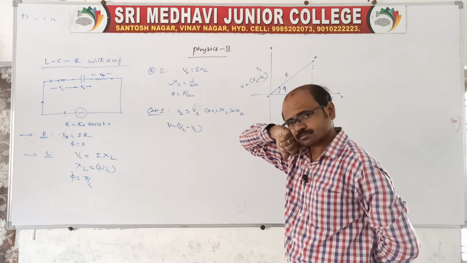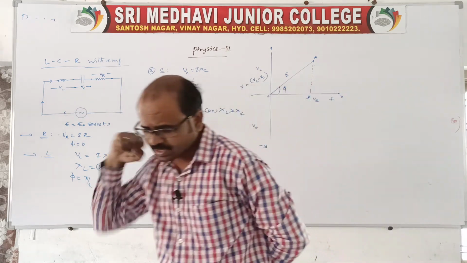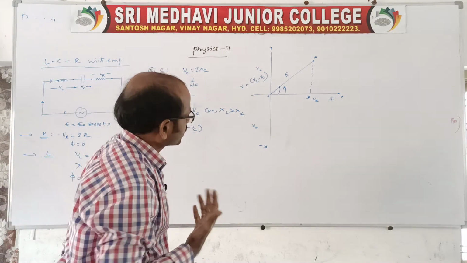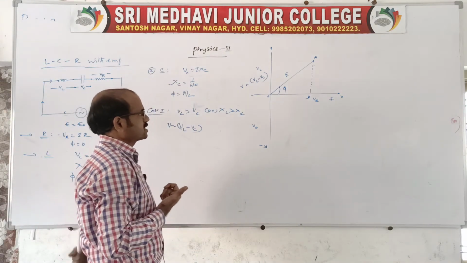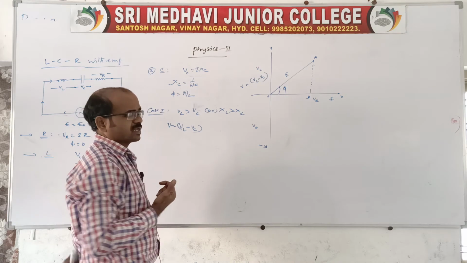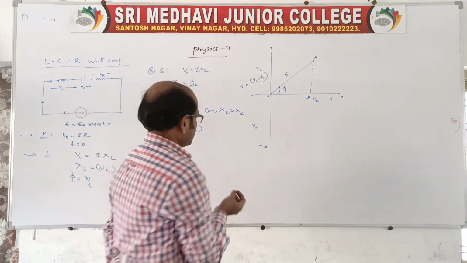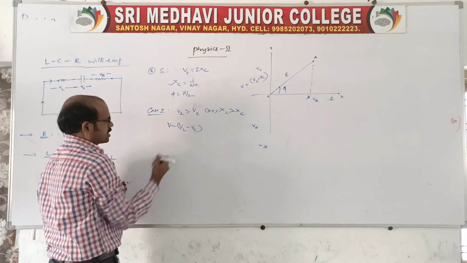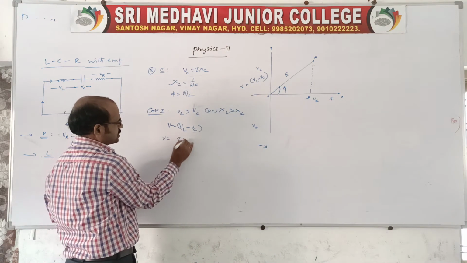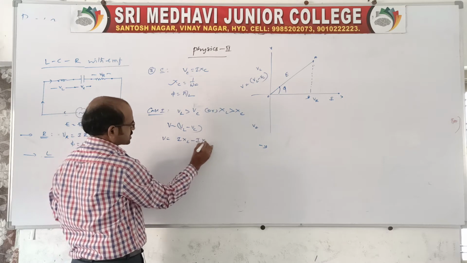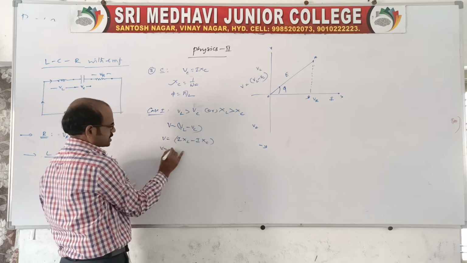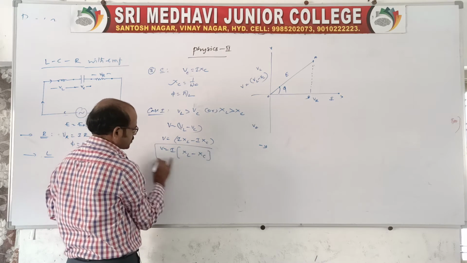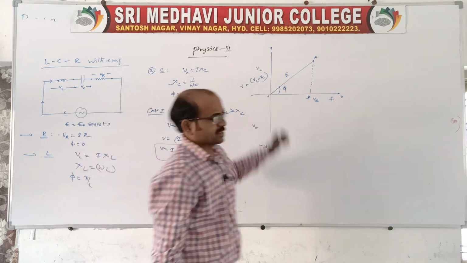Again, using all this information, we need to find the alternating current, as well as the power factor and the phase angle. So this is case number 1. In this case, V is equal to I into XL minus I into XC, so V is equal to I into XL minus XC. Keep this.